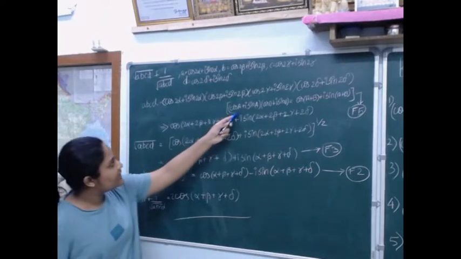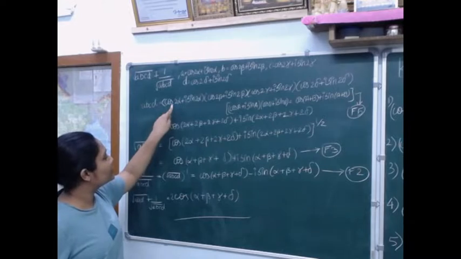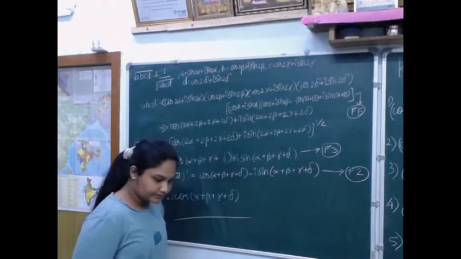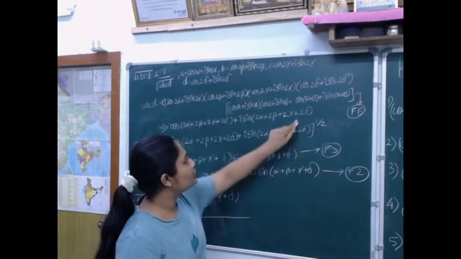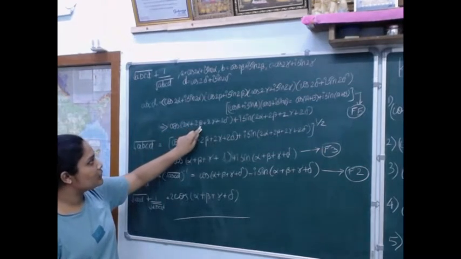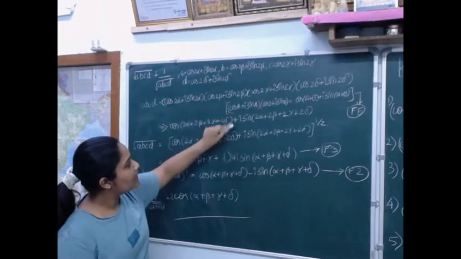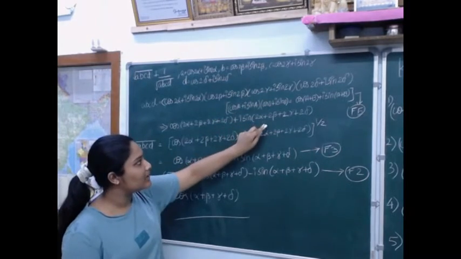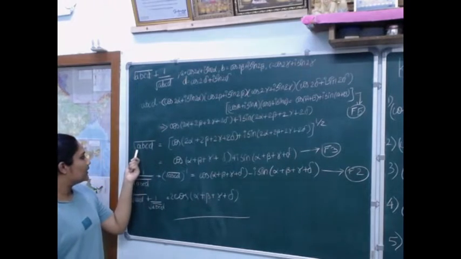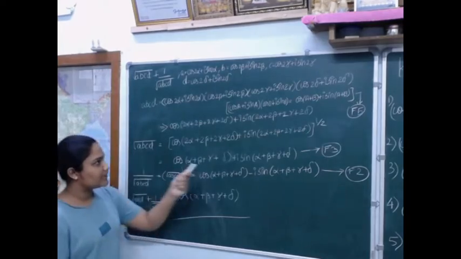So here we can see that similarly for 4 terms, which are 2 alpha, 2 beta, 2 gamma and 2 delta, we can put it as cos of 2 alpha plus 2 beta plus 2 gamma plus 2 delta, similarly plus i sin of 2 alpha plus 2 beta plus 2 gamma plus 2 delta. And then we have to find the root of ABCD, which can be written as 1 by 2.